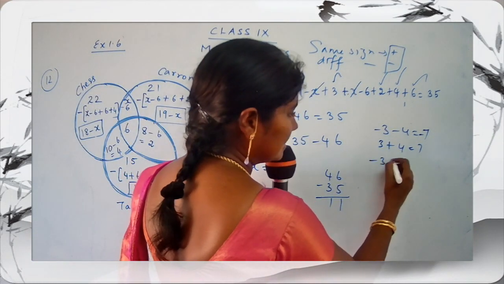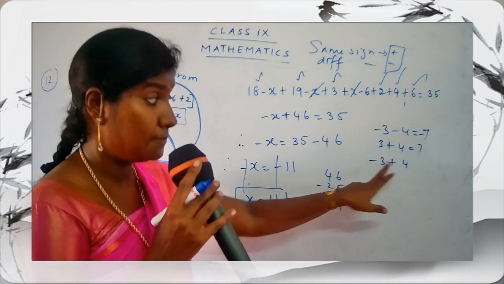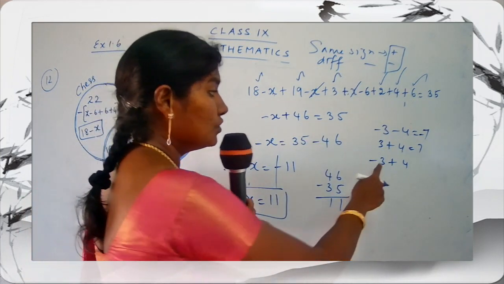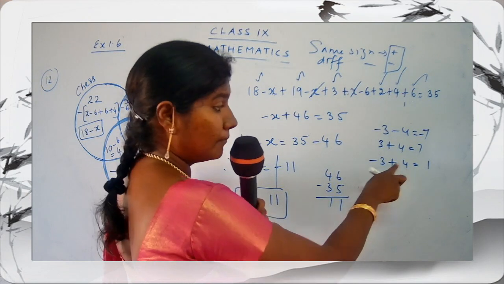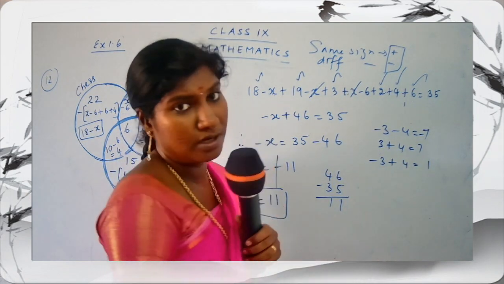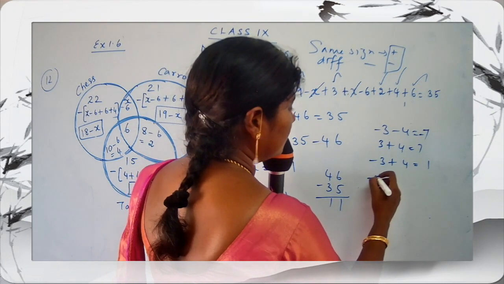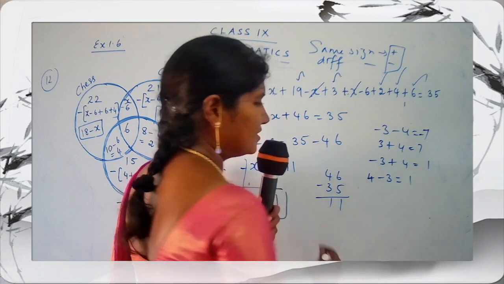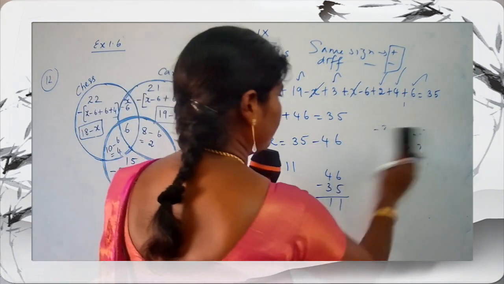If you have minus 3 plus 4, minus plus, different signs, so both are different. When you have different signs, you have to take subtraction. So 4 minus 3 is 1. Which is the bigger number here? 4 is the bigger number. So what is the sign? Plus 1. So I can just write 1. 4 minus 3, this is simple, plus minus. It's 1. Getting my point, children?